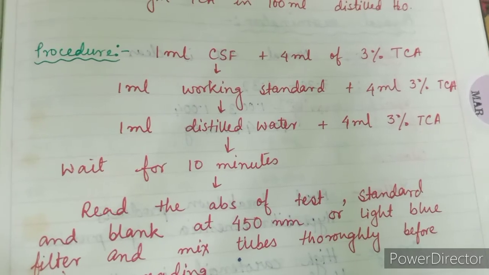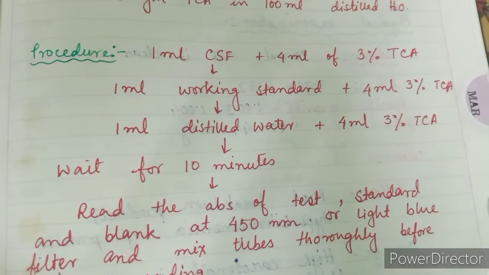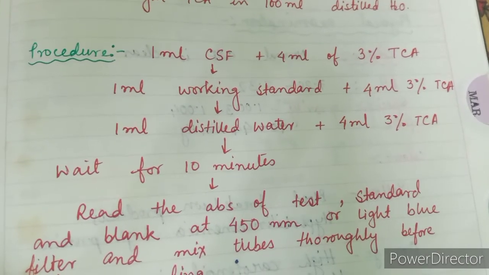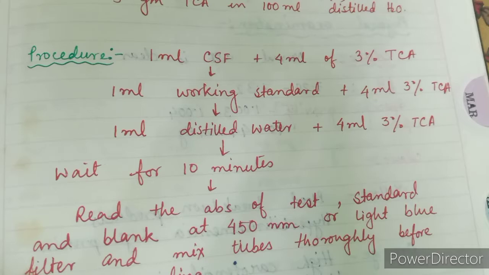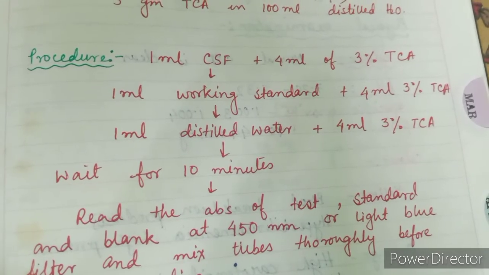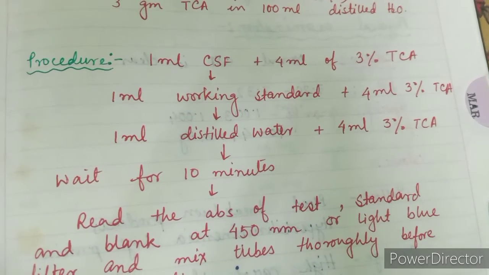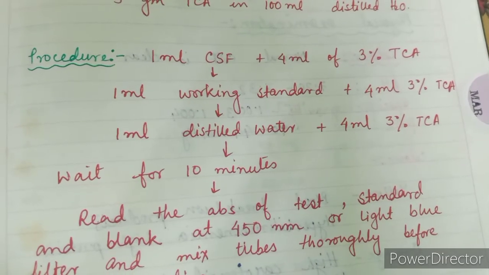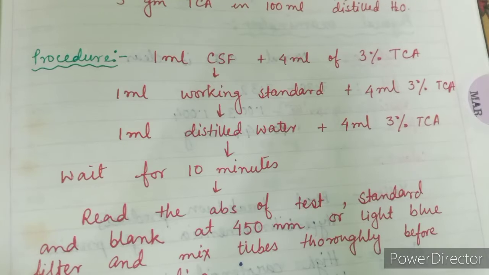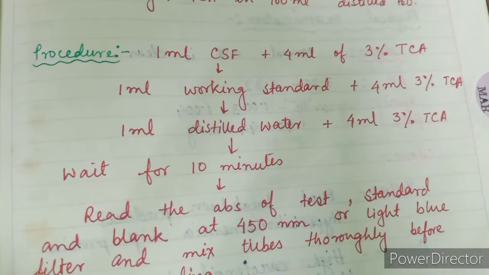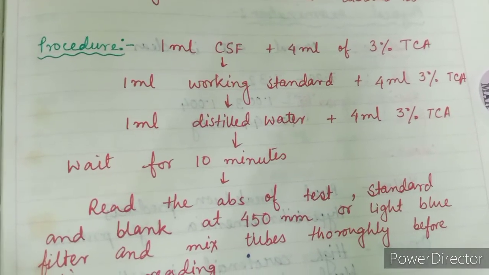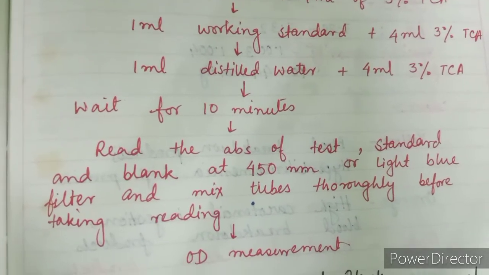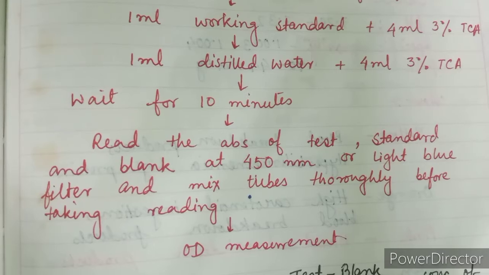So in all 3 cases, the total volume is the same, that means 5 ml, and the amount of reagent, that is trichloroacetic acid, is also the same in the 3 test tubes. Only difference is in the first test tube we will add CSF, in the second one working standard, and in the third one distilled water. Third one is the blank tube. And the 3 sets of tubes are incubated for 10 minutes at room temperature,